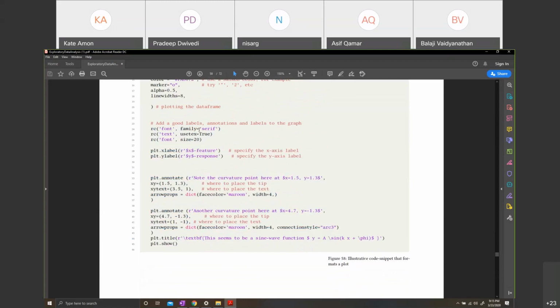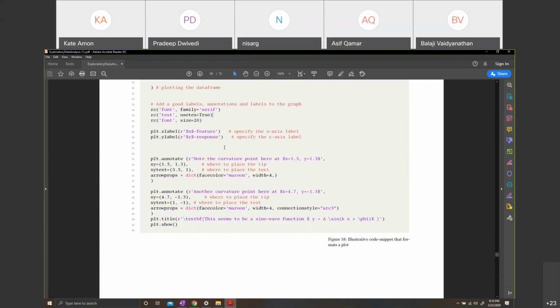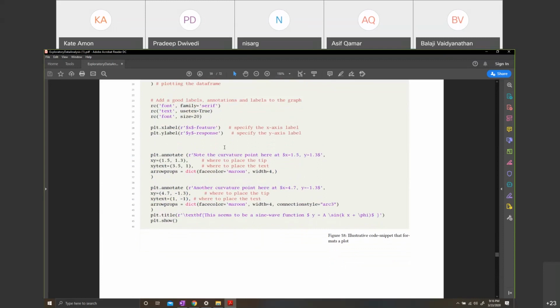But these are some of the things I do, font family. You see this crucial line, usetex equals True. If you don't have LaTeX installed on your machine, you will have to remove this line. So what does it do? Python and matplotlib have this lovely syntax. A string is just in quotes, right? The font is just in single quotes. This is what you would call a string in Python, isn't it?